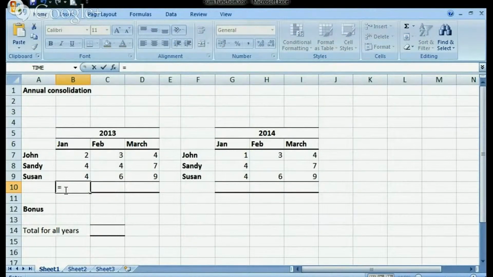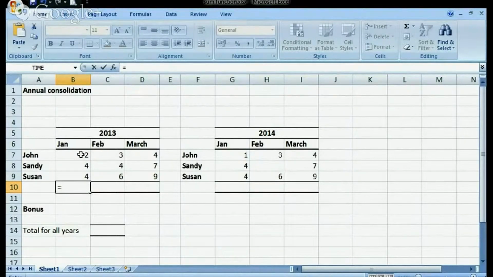Now in this case I want to add 2 to 4 to the other 4, so I could type the 2 and then the plus sign and then the other numbers. The problem with doing that, of course, is that if later on those numbers change to something else, the formula would be wrong. I'd need to remember to revisit the formula to update the values that I changed within the spreadsheet. So instead of typing the numbers directly, I refer to the numbers by using their cell addresses, and I